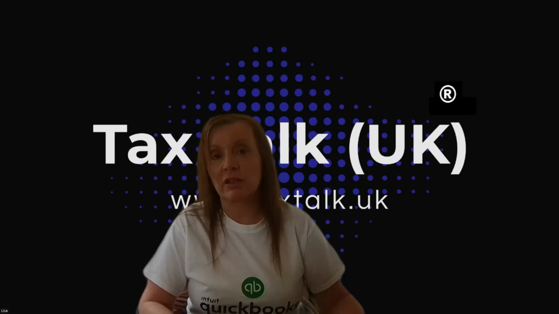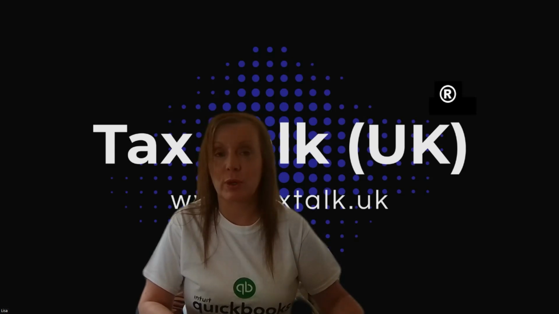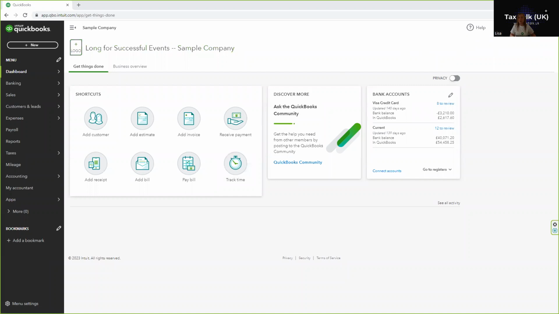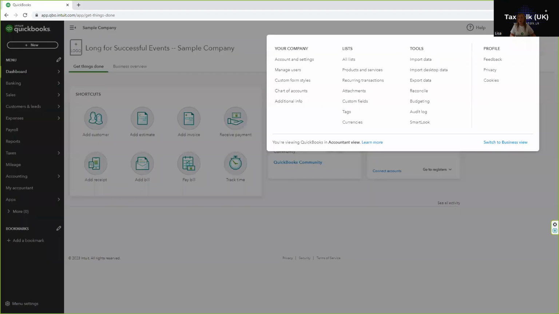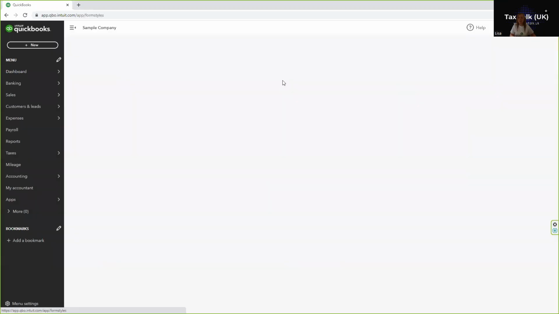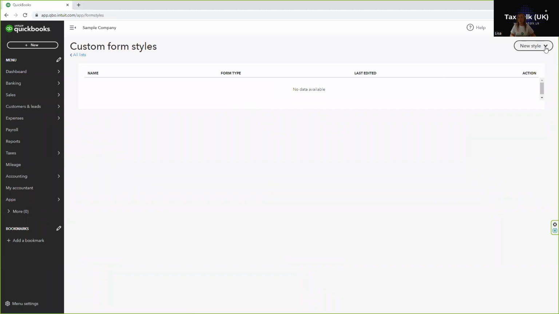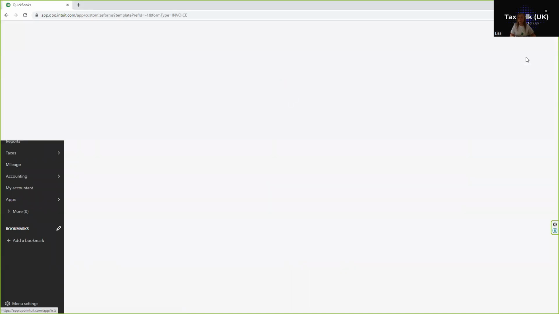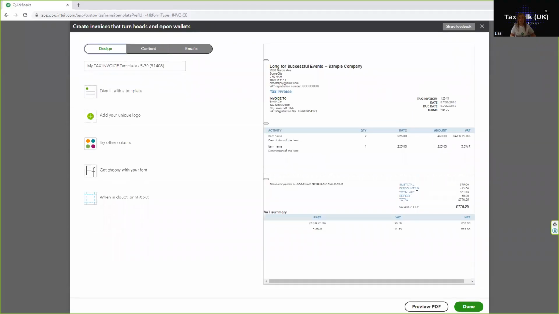So on then to creating templates and customizing your invoices in your QuickBooks software. So if I just jump into the demo software, where I'm looking to go is into the settings cog, and I'm going to be looking for custom form styles. If I select that, I'm going to select a new style, and it's invoices that I want to be customizing today. So I'm going to select that it's an invoice, and then you will see the default QuickBooks template, and this is where you would go to